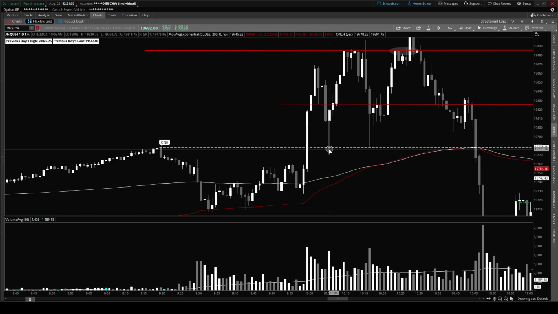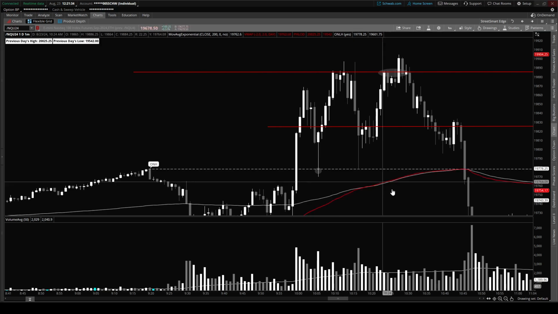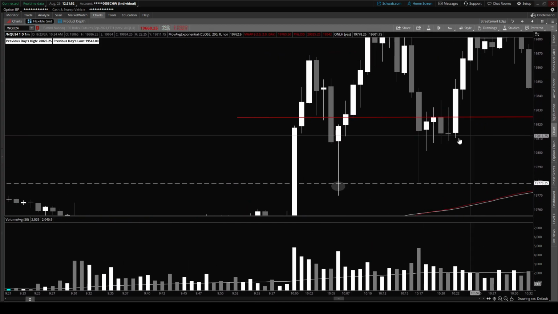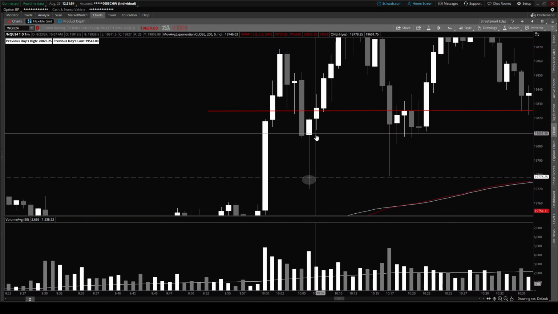So right, he did have an entry at 19775, and then once again, as you start to let the trade develop after your entry kind of comes in, this will tell you whether you can potentially hold the trade for a little bit longer, or what price is potentially looking like. So in this case, we see that after his entry, the 1 minute candle actually ended up closing as a